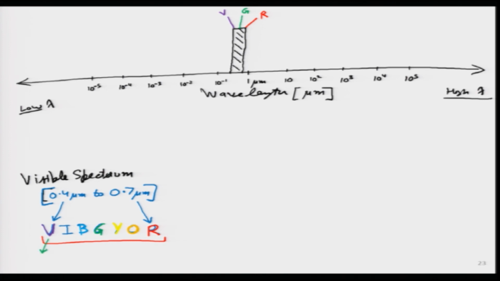So, violet is roughly, so I will put a rough sign over here, approximately 0.4 micron. Green is similarly I think 0.5 micron, and red is roughly speaking 0.7 microns. Then once we increase the wavelength, we go on the right hand side over here.